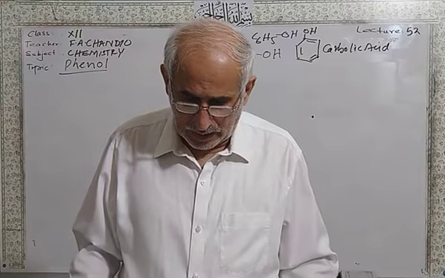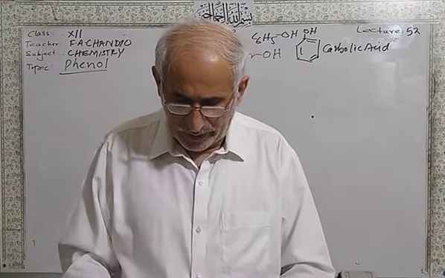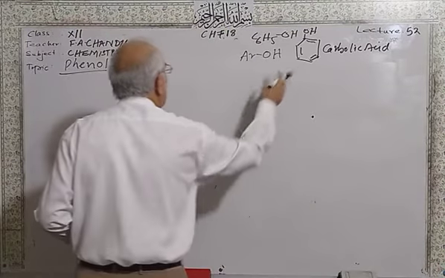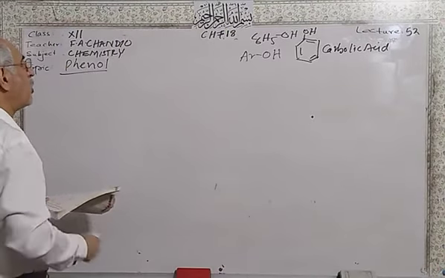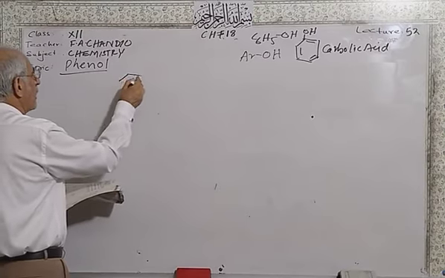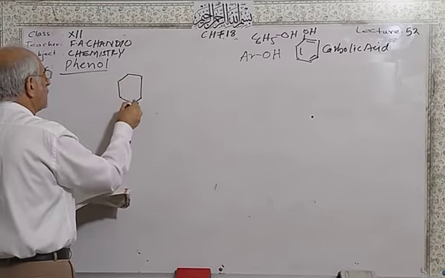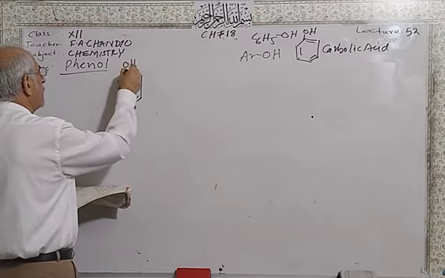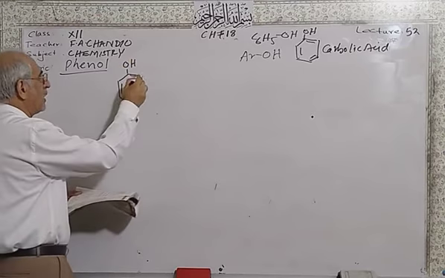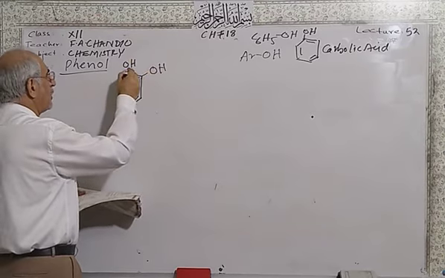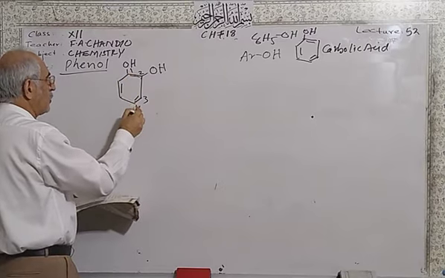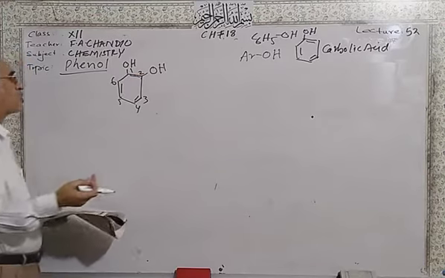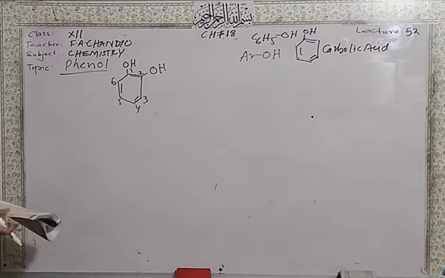Nomenclature. In the nomenclature, you have monohydroxyphenol. This is the monohydroxyphenol with one hydroxyl group. If you are going to put more hydroxyl groups in the ortho position, number 1, 2, 3, 4, 5, 6, or you can start from here, one stem. So if two hydroxyl groups are attached to a phenol, we call it